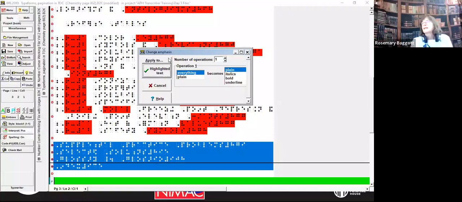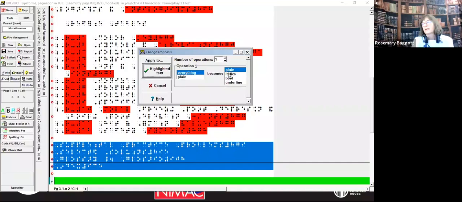And in this dialog box, I have the option of applying it to the highlighted text, and it's already selected because it knows I've highlighted text. I can choose to do the whole file, and if you don't select highlighted text, it will do your whole file for you. So everything becomes plain.